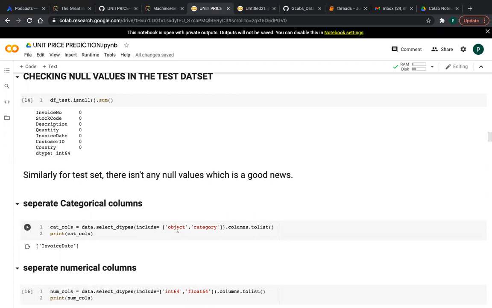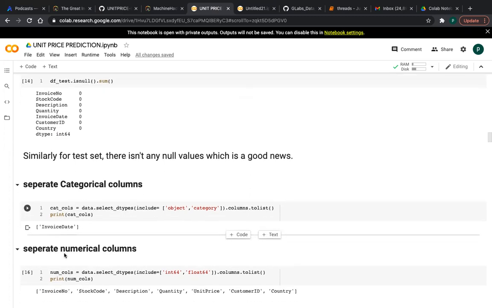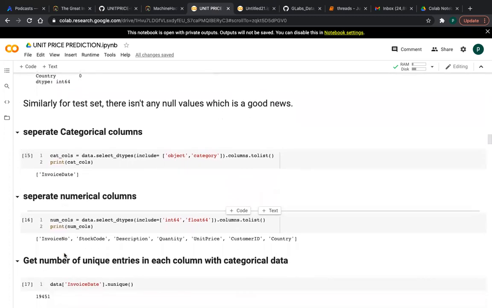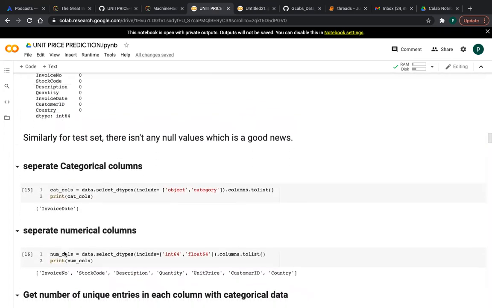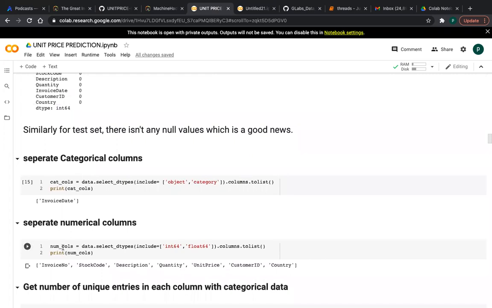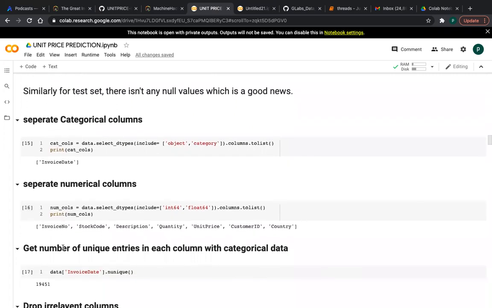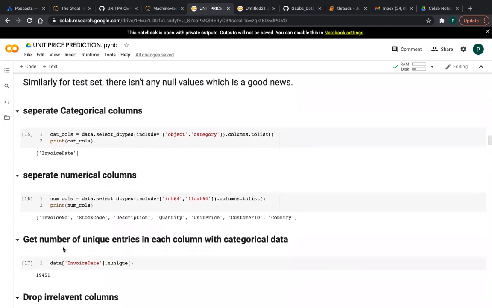I am separating the categorical columns first. In this data set we have only one categorical column, that is invoice date, friends. The data type is object, and after that I'm converting it to a list. So this is the invoice date. After that I am separating the numerical columns in our data. Numerical columns are int and float data types, int64 and float64. These are the numerical columns present in the data set, friends.